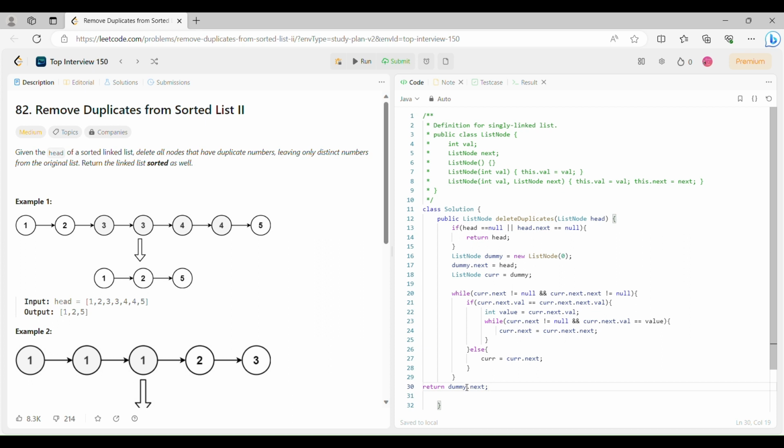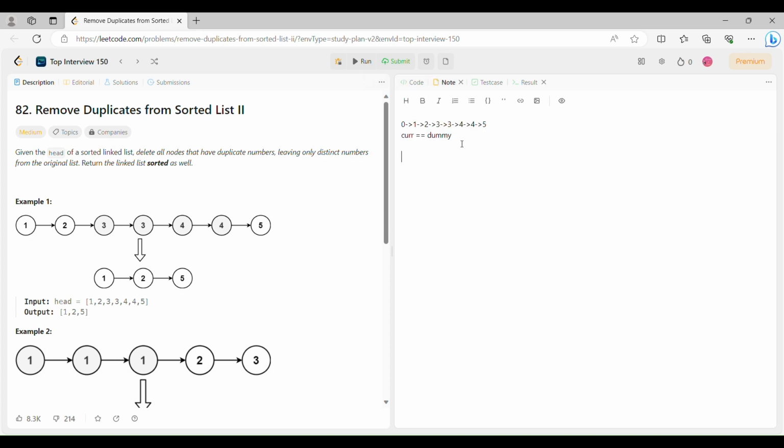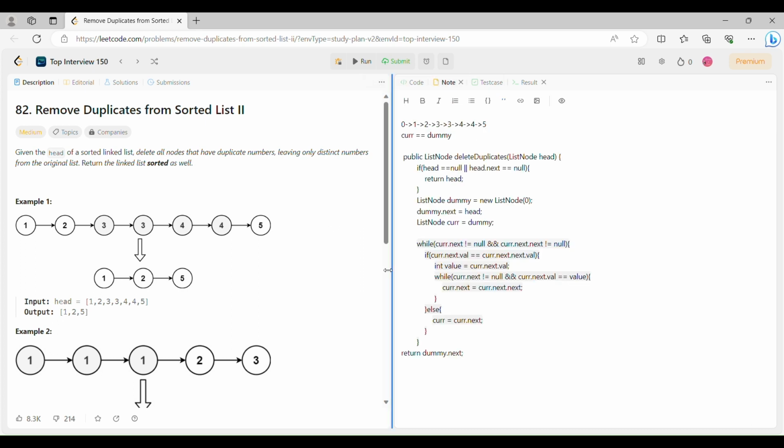Okay, so now let's try to understand this code, what's happening here. Okay, let me copy it. Okay, so here first we are going to check if head is equal to null, then we are just going